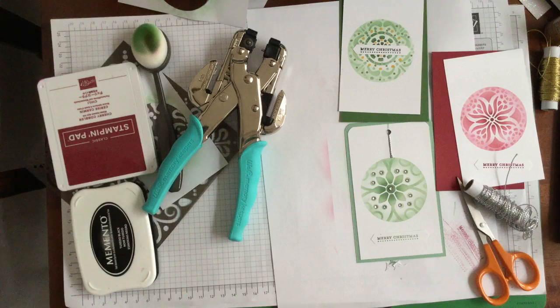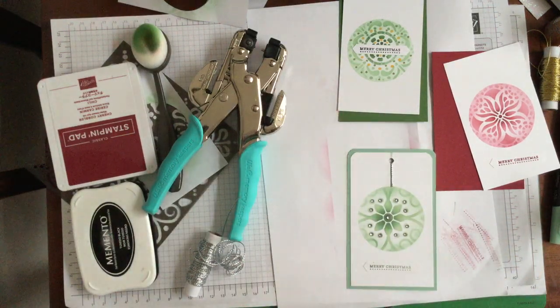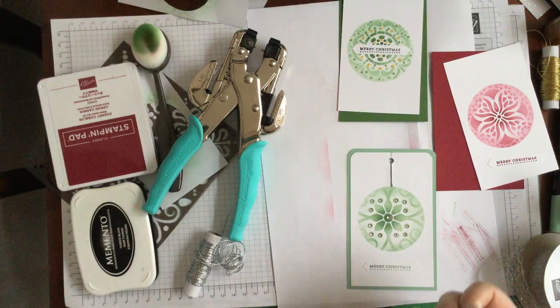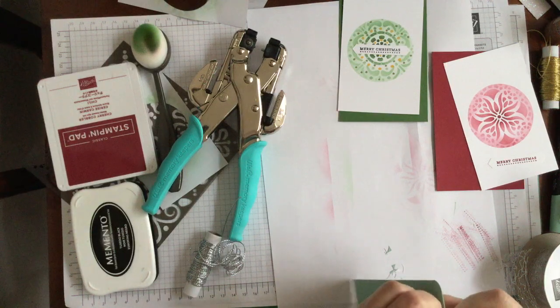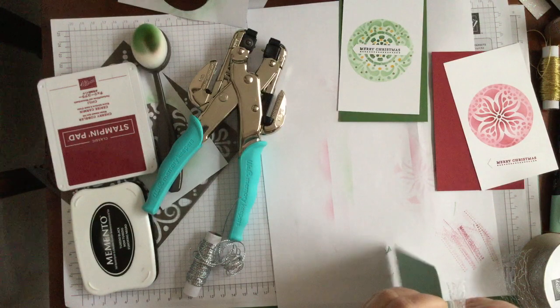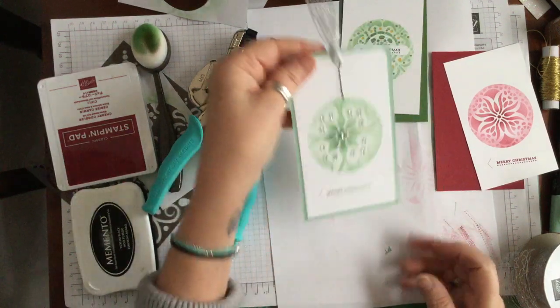So that's given us, I'm going to finish the other ones off camera and you'll see them on the front shot, but with this I would put a large piece of, let me see which ribbon I want to use. My favourite ribbon of all, which is my mesh, and I think that the mesh would work beautifully with this, so I'm going to use this mesh ribbon, but again whatever ribbons you've got. Let's take it in half that way, so I'm just going to take it through the hole like this, and then we can take this piece up and put that one in through here. There we go. So you've got a really rather nice big tag with all the twinklies on that one,